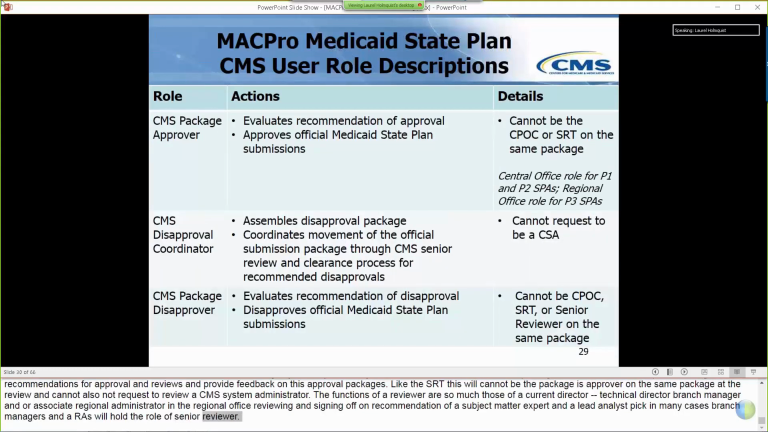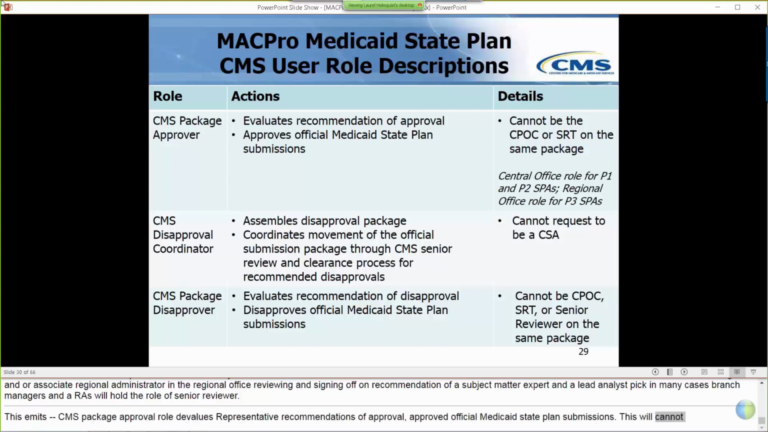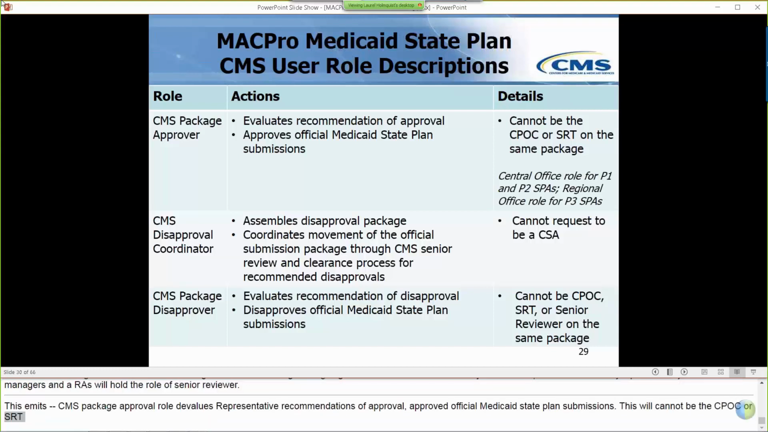The CMS Package Approver role, or PA as an abbreviation, evaluates recommendations of approval and approves official Medicaid state plan submissions. This role cannot be the CPOC or SRT on the same package they are approving, and cannot request to be a CSA. The package approver will vary depending on whether the SPA has a priority code of 1, 2,